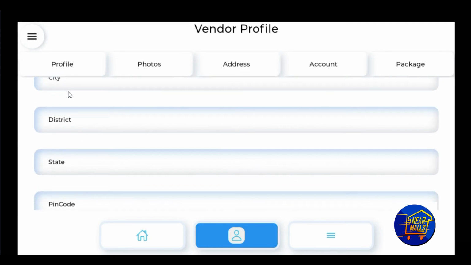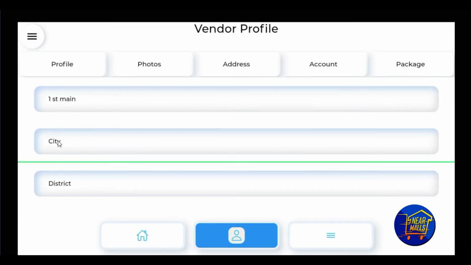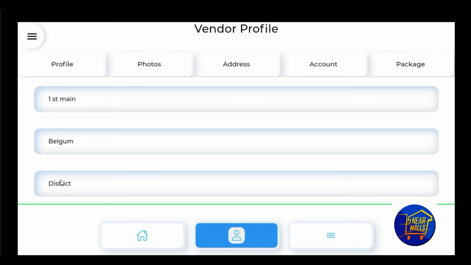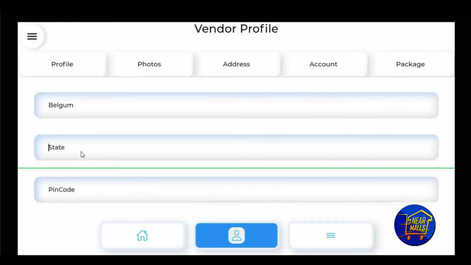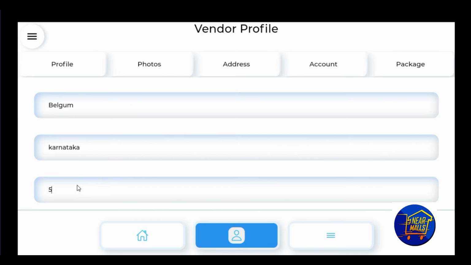And next the city where you are staying. If you are staying in Bangalore, Bangalore. If you are staying in Belgaum, Belgaum. And the district. Then the state that it belongs to. And the pin code of the particular city.